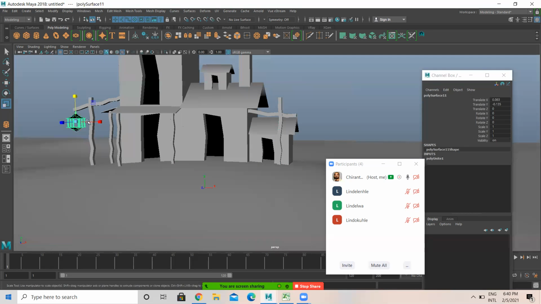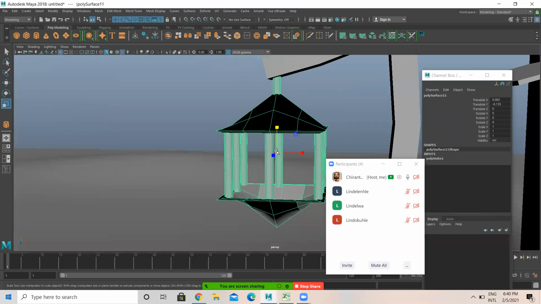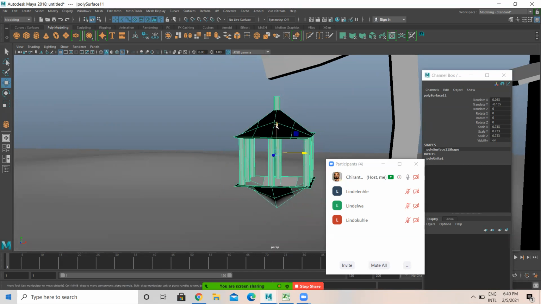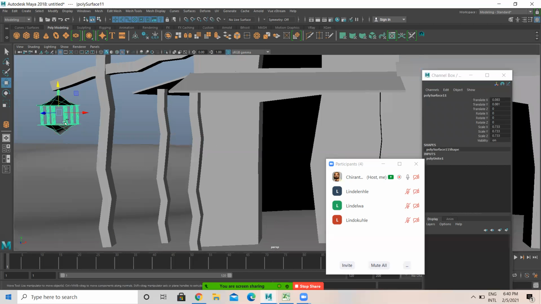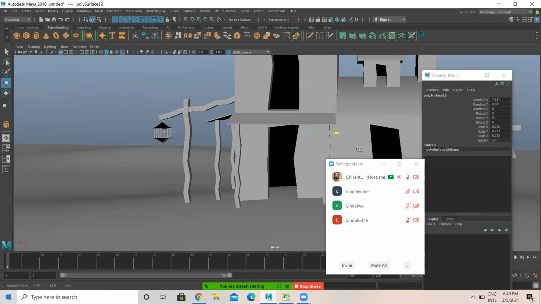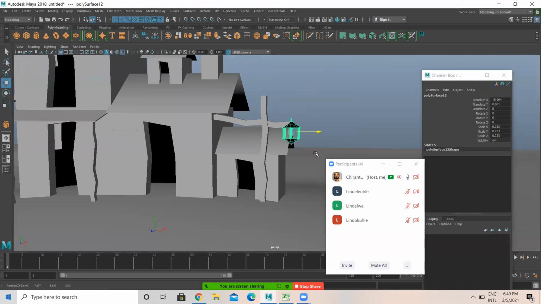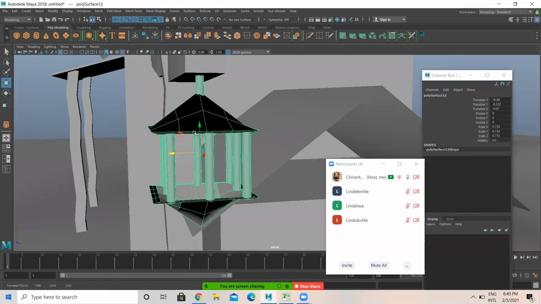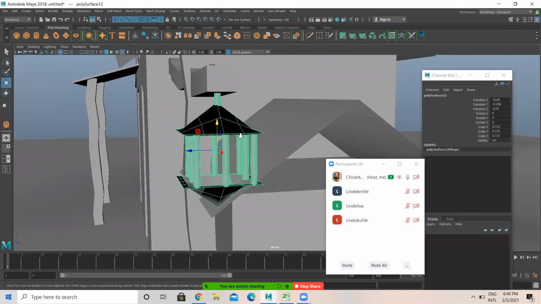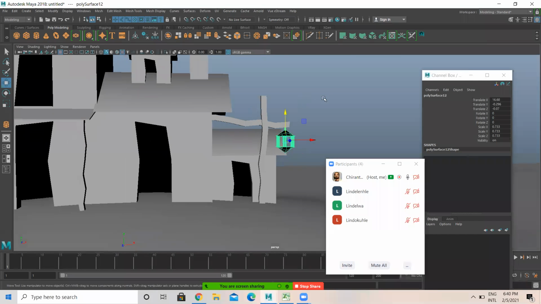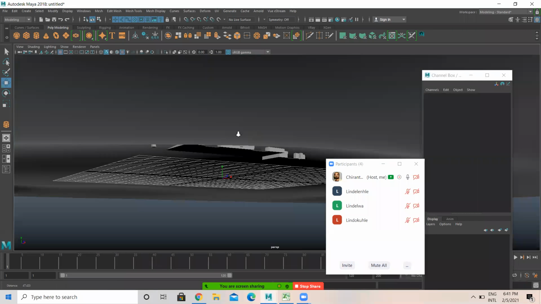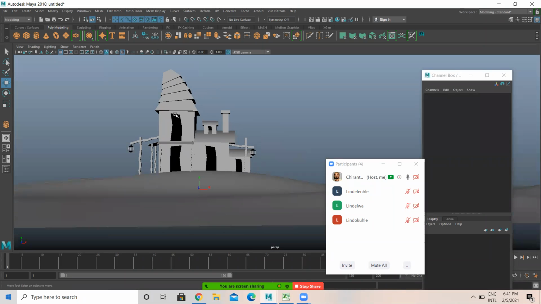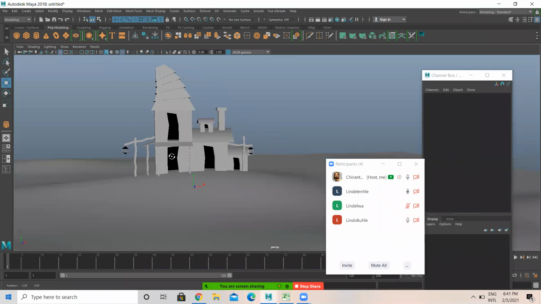Then I select this, I duplicate this, one here. Like this. See? Got it? Like this. Yes, sir.